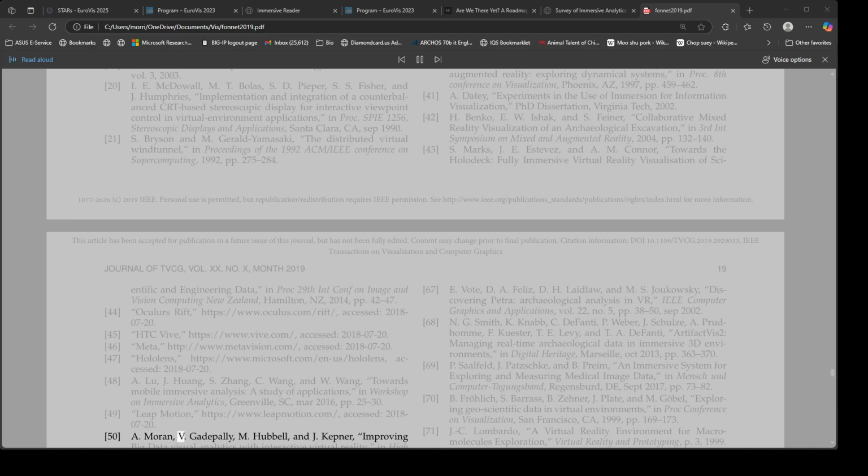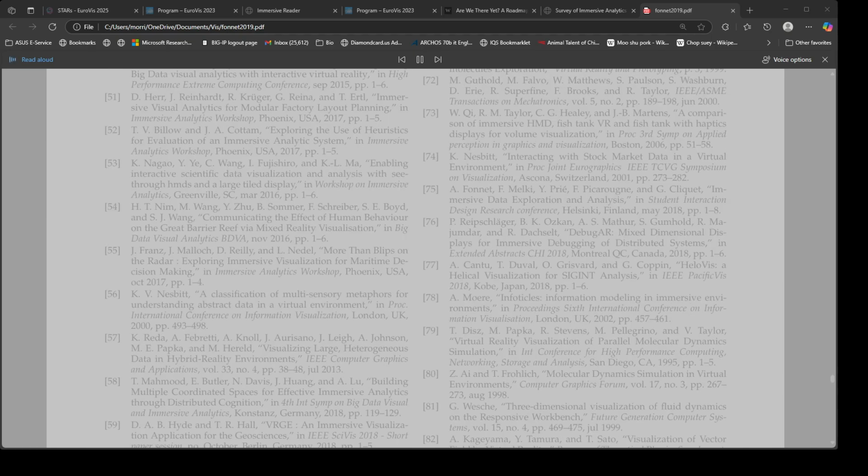50. A. Moran, V. Gadepally, M. Hubbell, and J. Kepner, Improving Big Data Visual Analytics with Interactive Virtual Reality, in High Performance Extreme Computing Conference, September 2015, pages 1 to 6. 51. D. Herr, J. Reinhardt, R. Krüger, G. Reina, and T. Ertl, Immersive Visual Analytics for Modular Factory Layout Planning, in Immersive Analytics Workshop, Phoenix, USA, 2017, pages